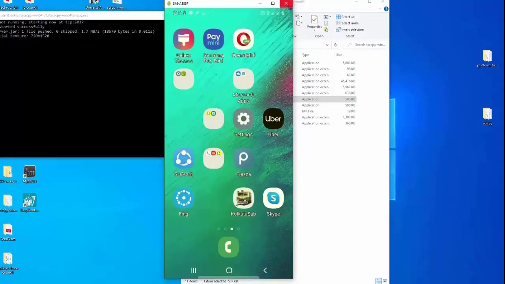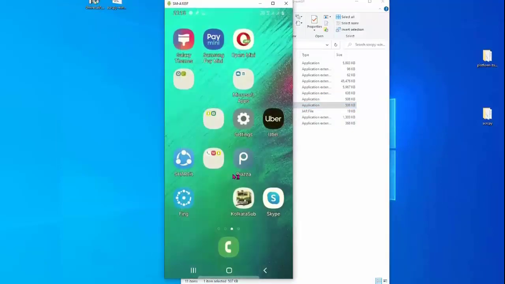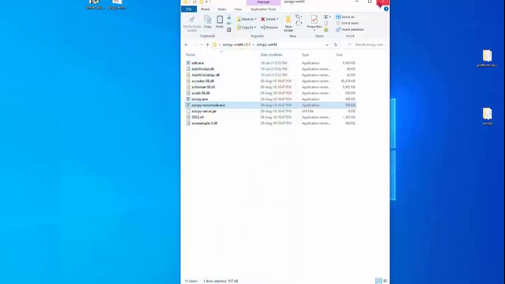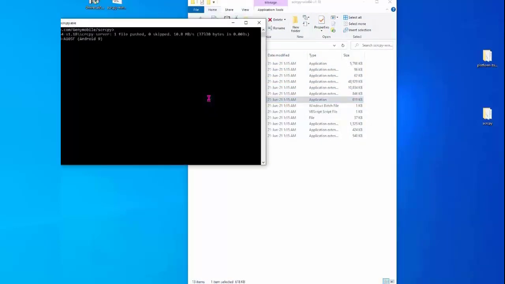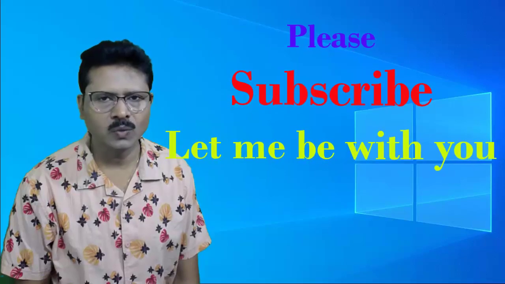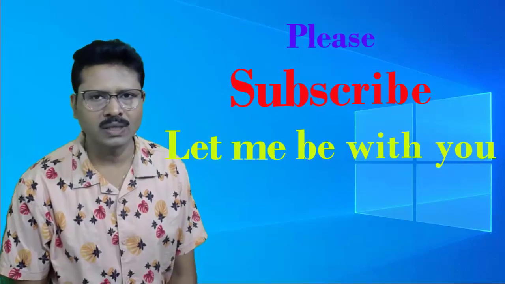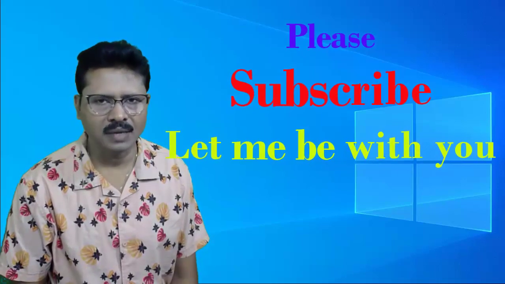Now I can access my Android device using my desktop. Accessing my mobile, running noconsole.exe. Yes, it's okay, fine. Accessing with the other version, 1.18, running, yes, it's okay. So we got an idea how to solve that type of problem while we were using the scrcpy.exe file for using our Android mobile with our desktop and laptop.